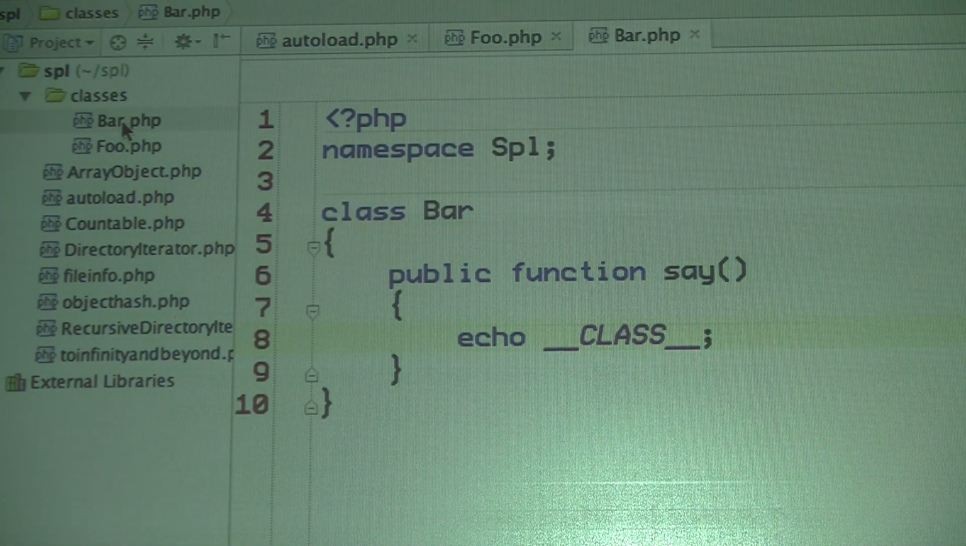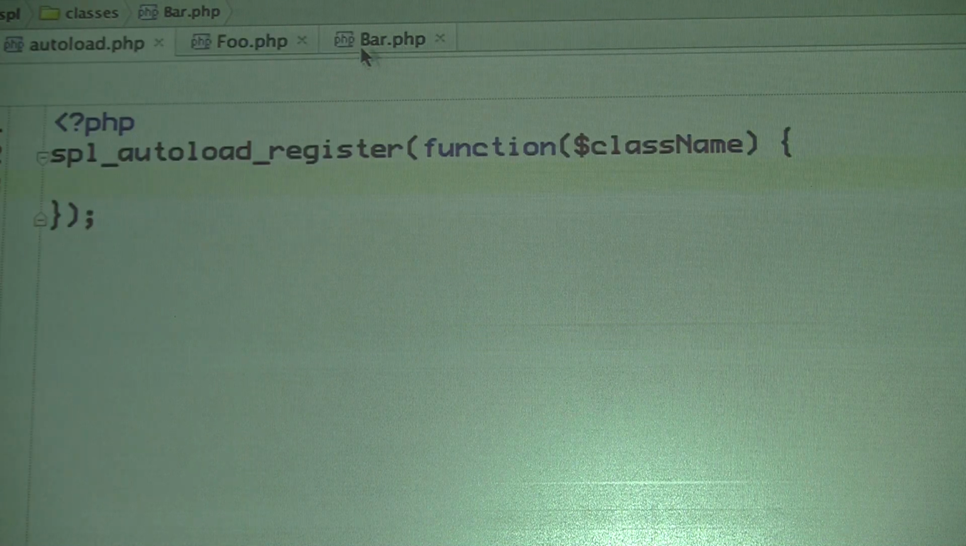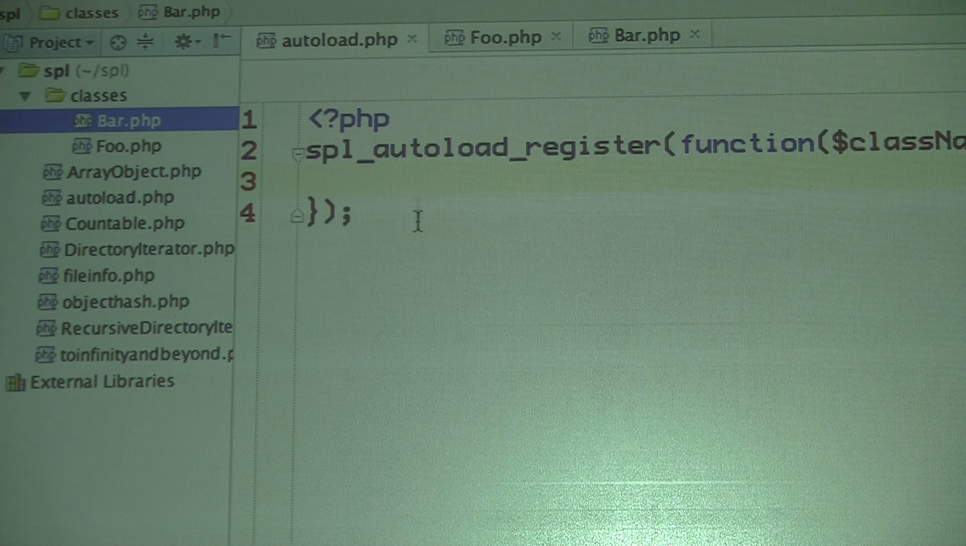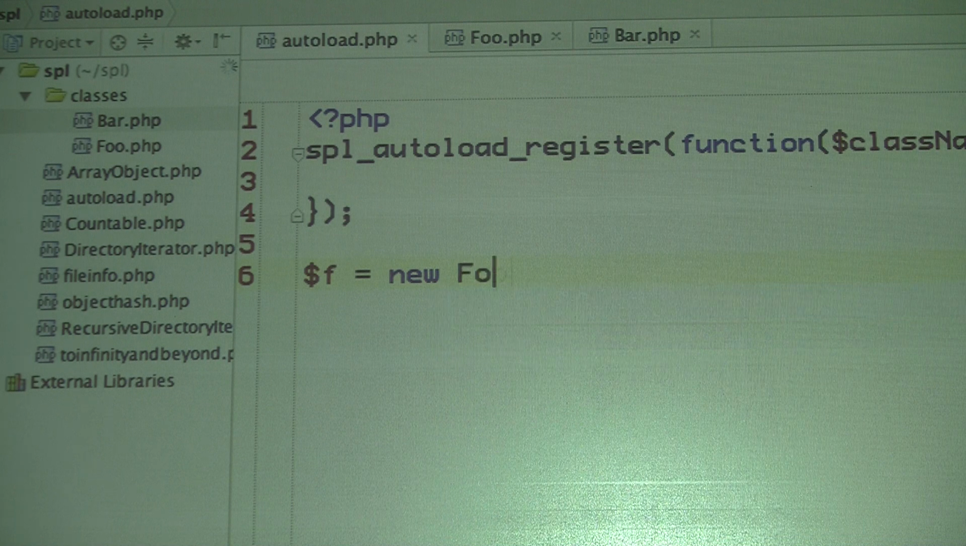So these classes don't really do anything interesting. We don't care what they do. The point is they don't exist right now. And I also threw them in a namespace just to make things a little bit more dicey. So in here, I'm just going to say,